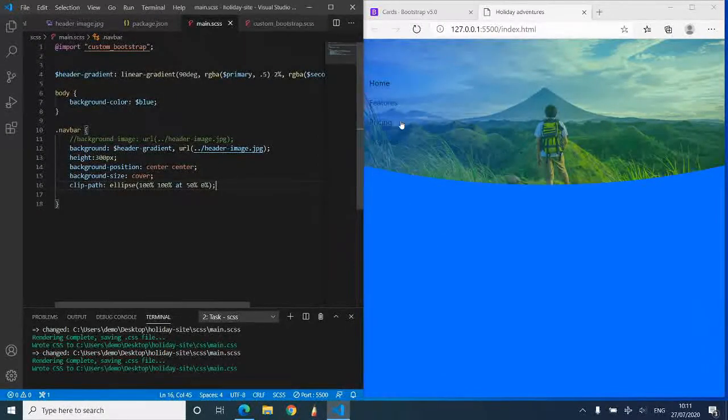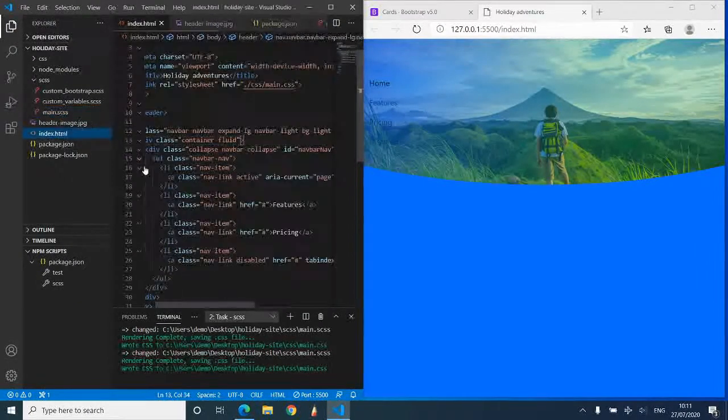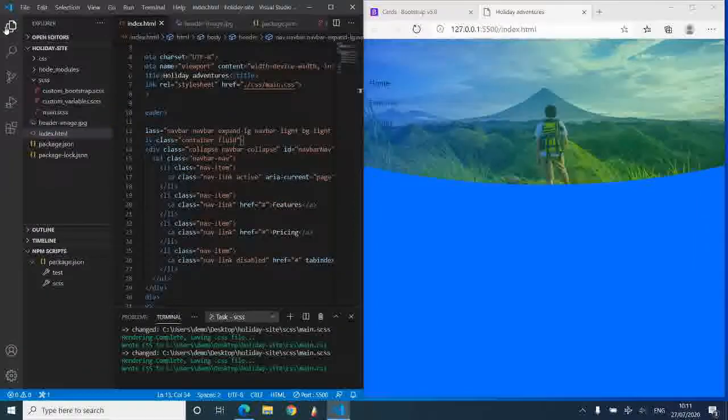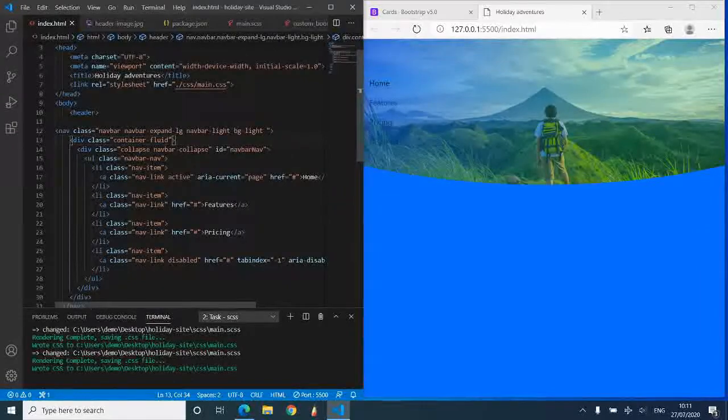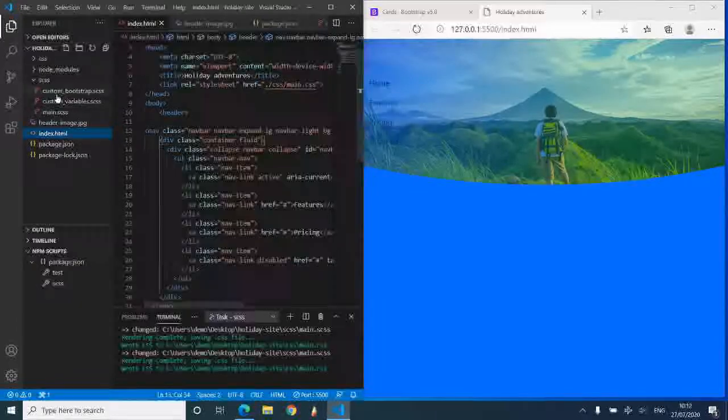Okay, next we need to revisit the menu bar. We need to move this up to the top. So let's go back into the markup. The markup is a nav bar with a container fluid. What we can do is make this a flex box and then align it to the top. So if I go back into the variables, I can quickly show,